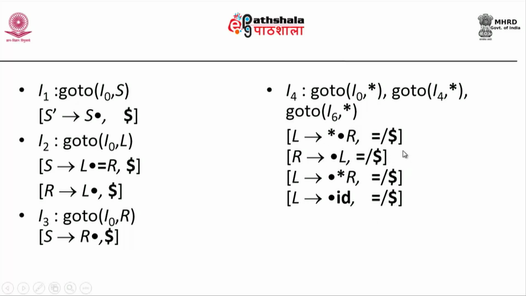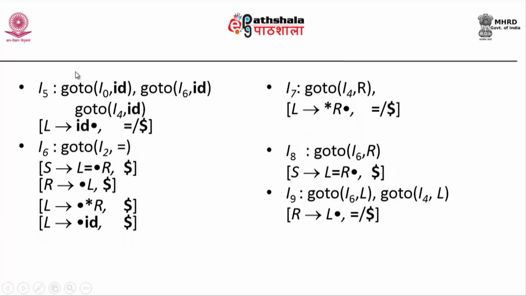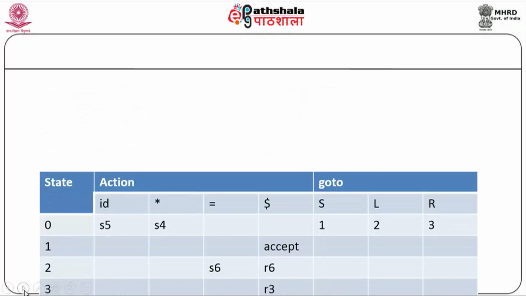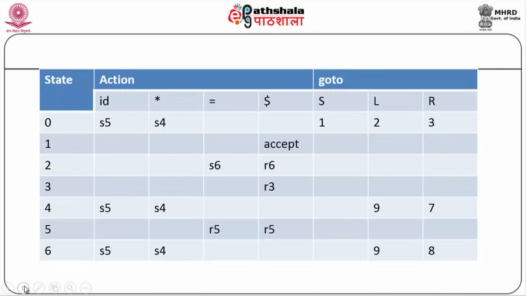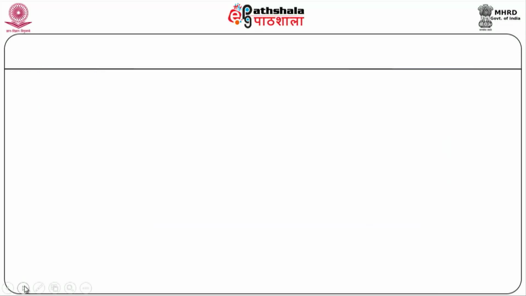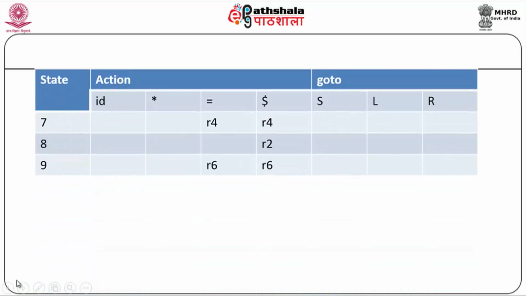Where the prefix, that is the set of items, is the same and the only difference is in the look ahead symbol, I can merge them together into a single entity. That is what we have basically shown here. So this is what has happened. This is the canonical LR parsing table which has been merged into what is called a look ahead LR parsing table, where it has got only some 9 states.